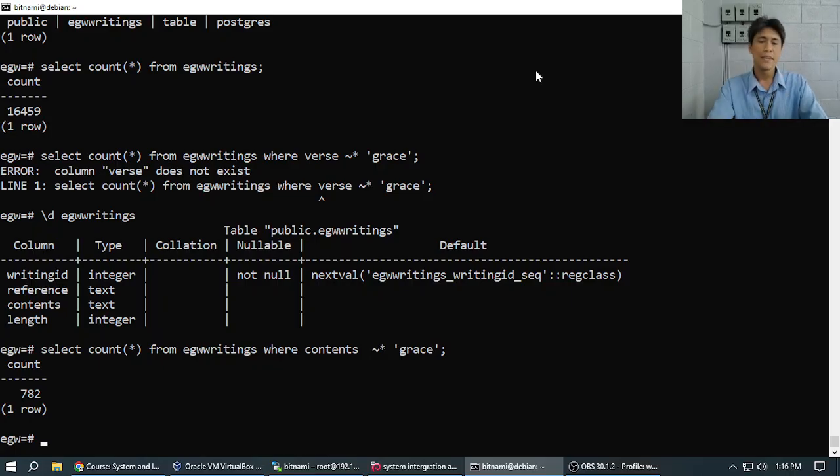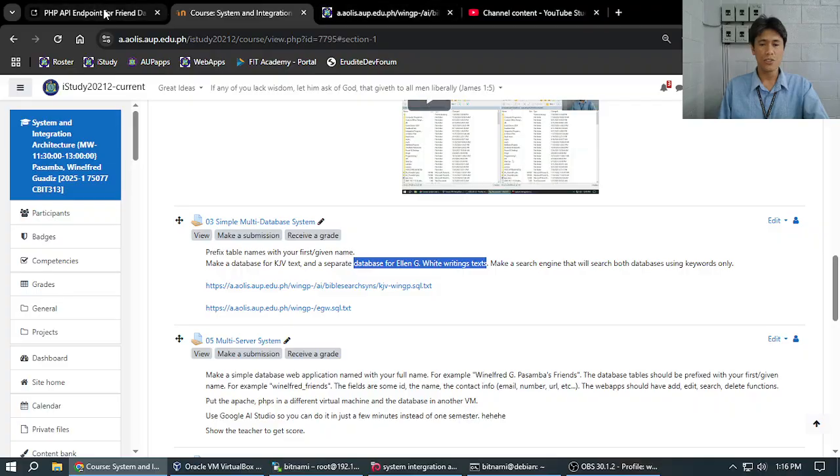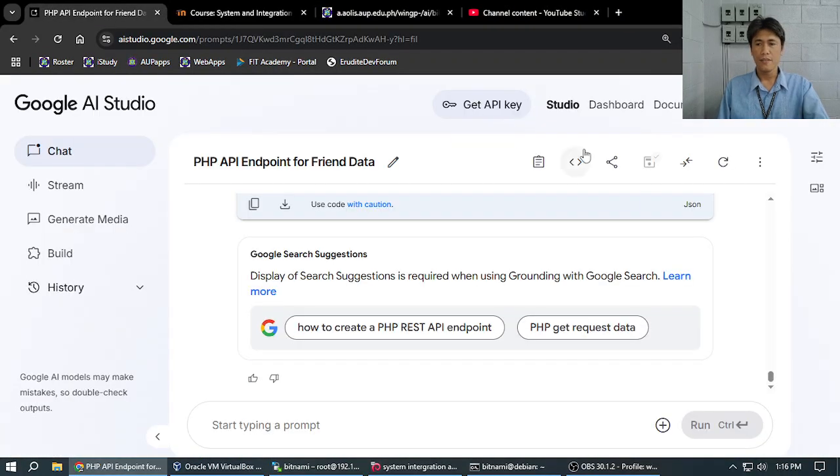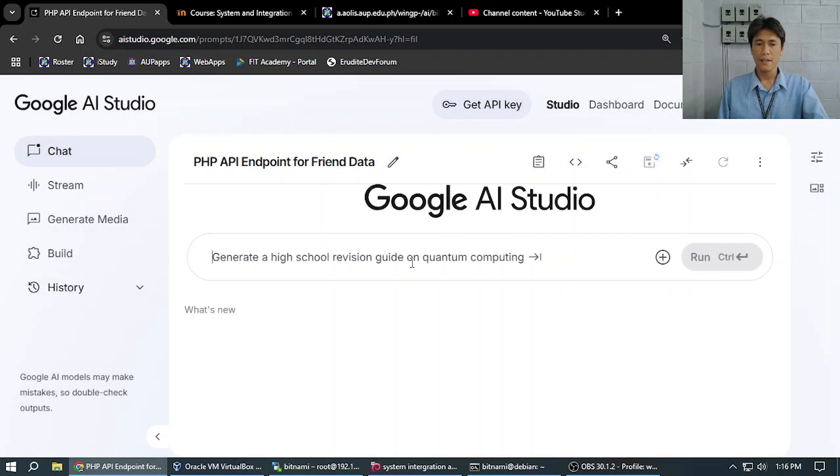Okay, my friends, we can now search the Bible for keywords and we can now search Ellen White writings for keywords. No problem. In the last 4 minutes, this is what we're gonna do. We are going to tell our friend AI Studio. I am recording. Yes. He'll just ask this friend to please save. Okay, let's just reset. Okay, my friend,